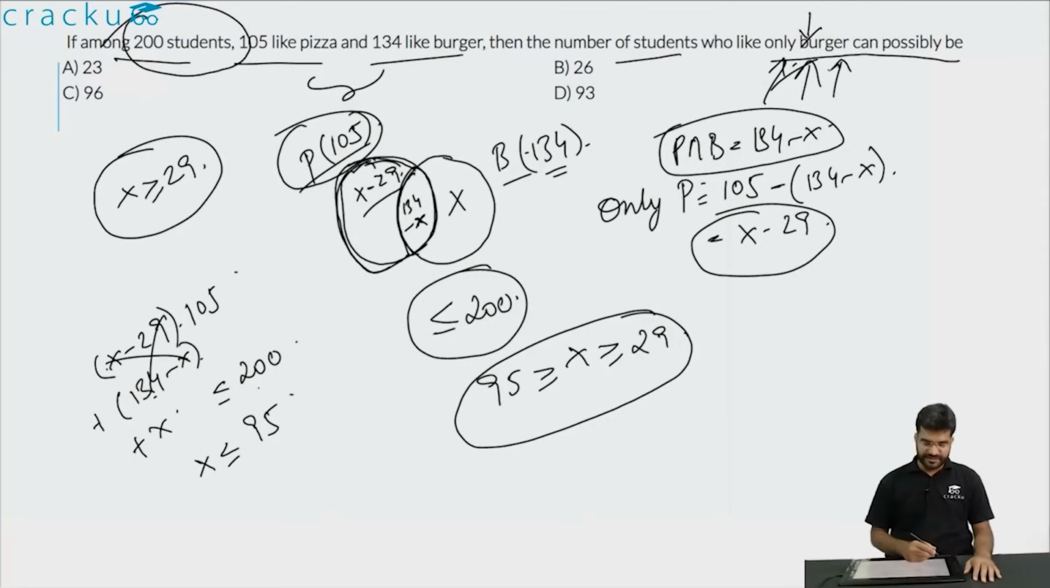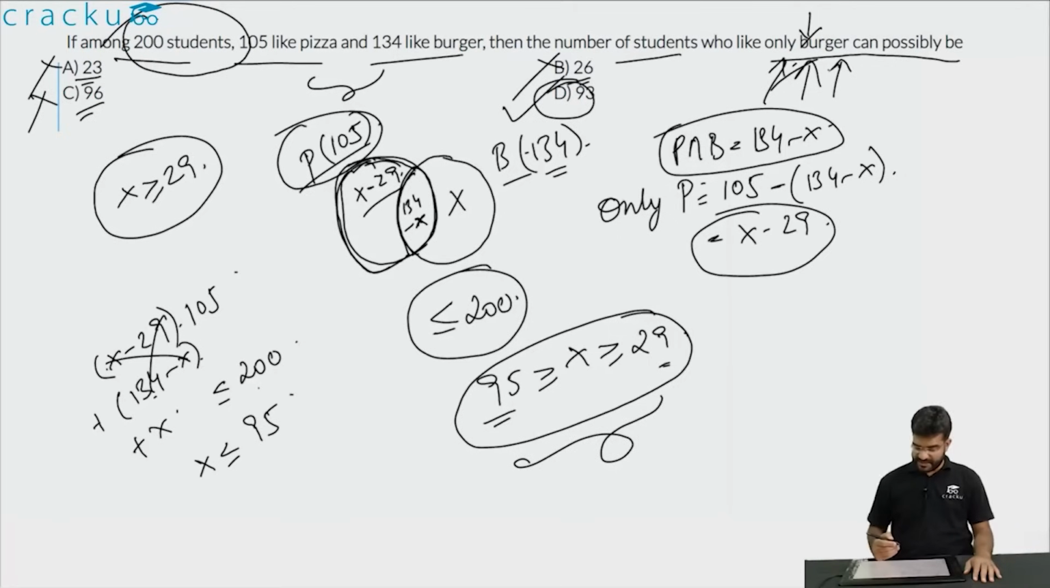Now let us look at the options. The first option is 23, but that is less than 29. So this is not the answer. Let us look at the second option. 26 is also less than 29. So this is also not the correct answer. The third option is 96, but you know that 96 is greater than 95. So this is also not the answer. The final option is 93, which lies within the interval that we have discussed before. So the correct answer is option D,